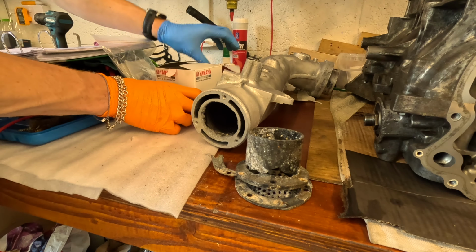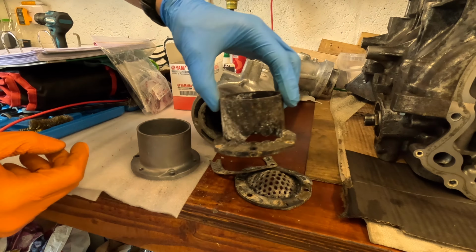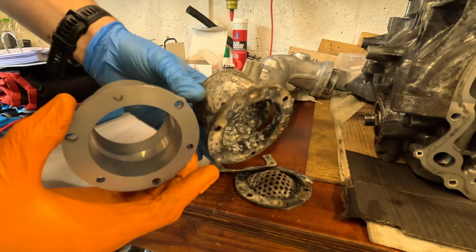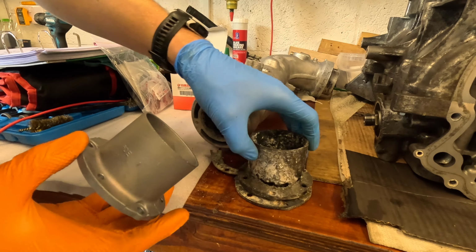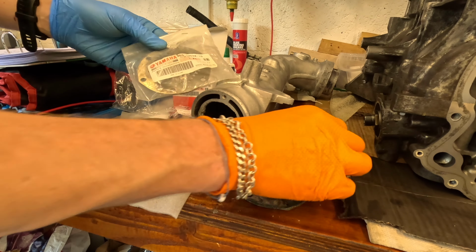Luckily, our good friends at Yamaha are still making these parts. We have a brand new one to go on. The machining of this is so nice. It's skimmed and cast, and I'm very excited to put this on. And in this bag I have the other bits. Our new mesh plate